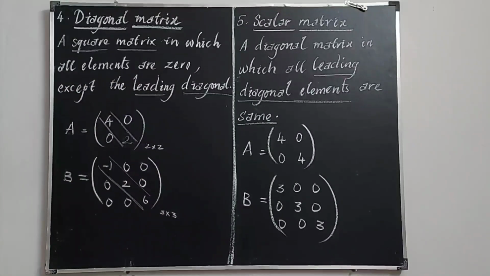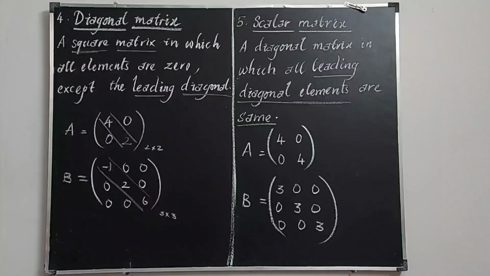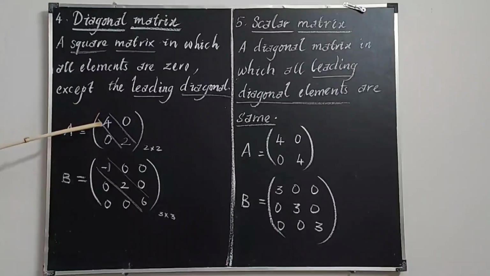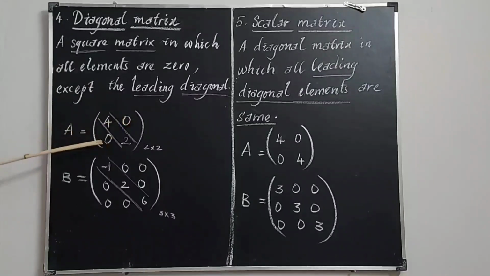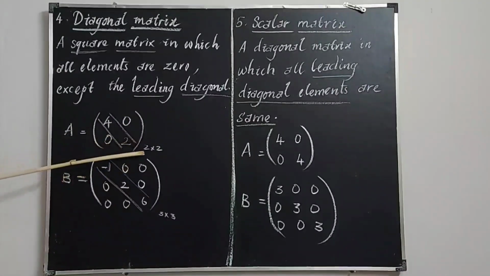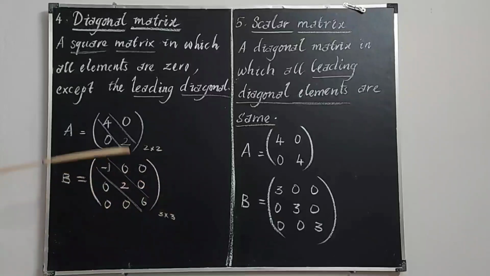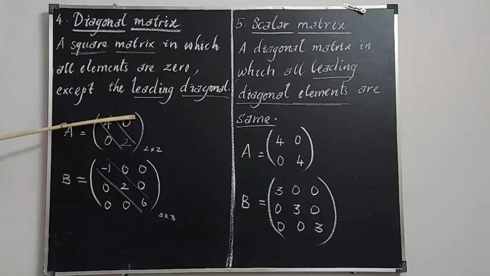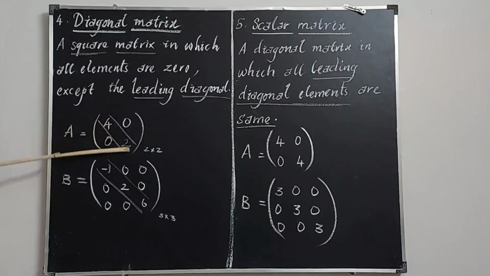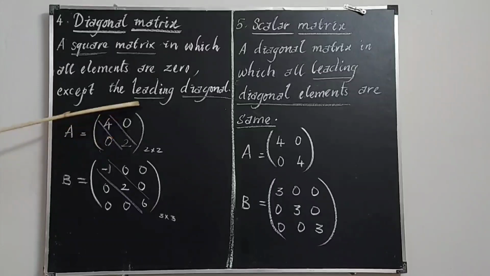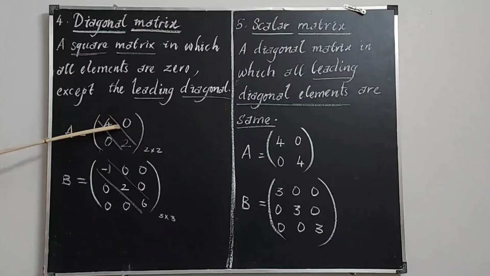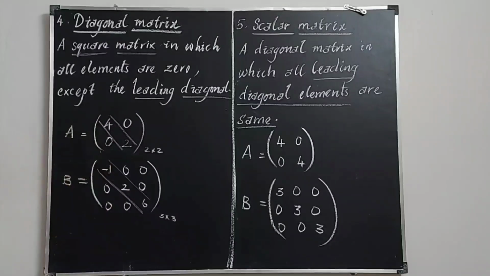Look at this, a square, it has 2 diagonals. The line which joins the opposite points of a square is known as a diagonal. Here it is a square matrix. What's its order? 4, 0 in the first row, 0 in the second row. 2 by 2 order, equal number of rows and columns. So basically it is a square matrix, but it has 0 elements at 2 places. Look at the leading diagonal. This is the first diagonal, this is the second diagonal. The first one is known as the leading diagonal. Here leading diagonal only has the numbers. The entries above and below the leading diagonal are 0.